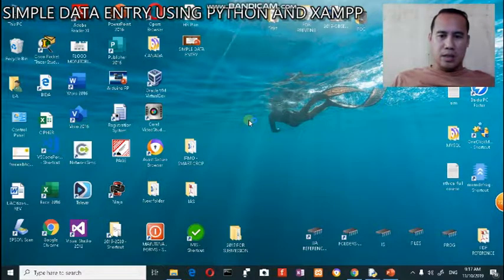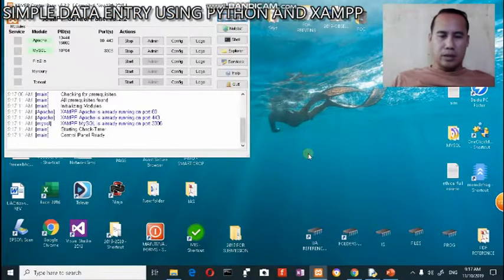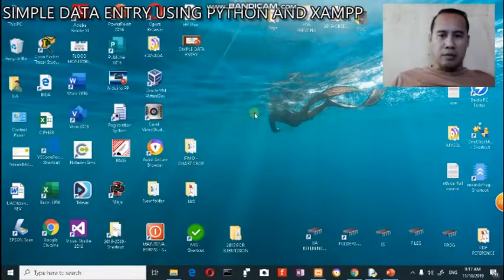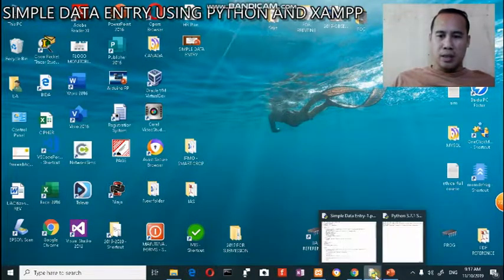this is the XAMPP GUI. So we need to start the Apache and MySQL. In order for us to connect the back end to the front end, in this case we'll also be needing MySQL. So this is what it looks like, the XAMPP control panel. It will be running in the background, and this will be